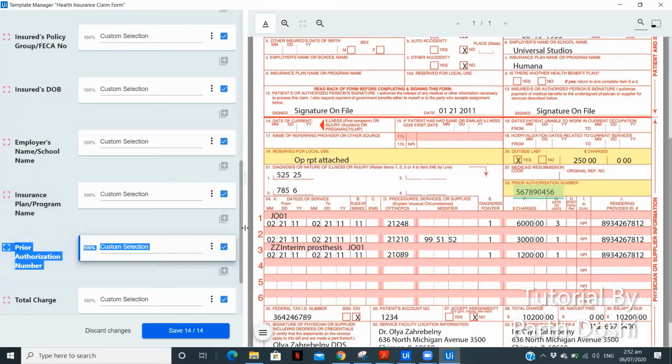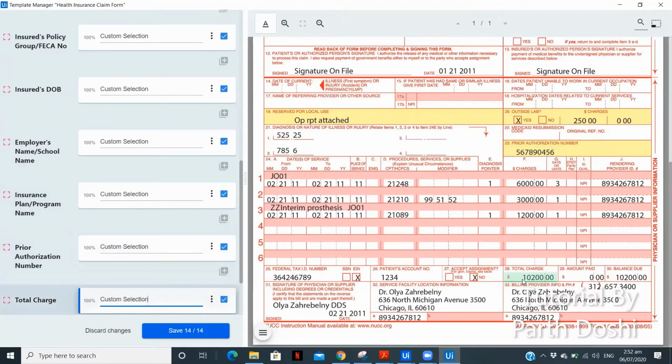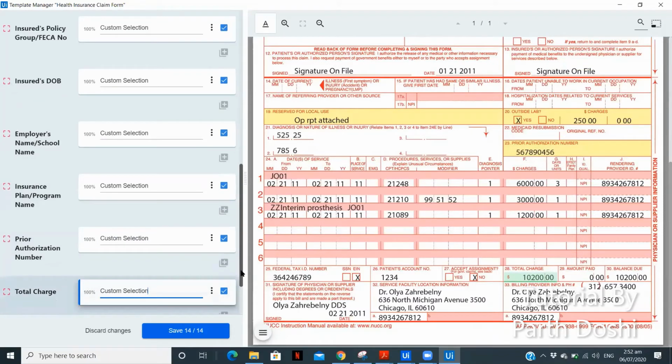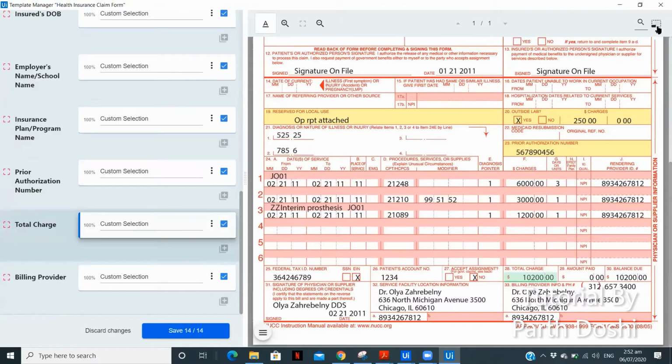After that, what we have is the total charge. So the total charge is over here. Let me also show you the total charge. So let's start from here. Okay, I have already done it, so it's not required. And the billing address. So here is the billing address. Now let's see whether we are able to extract this billing address properly.